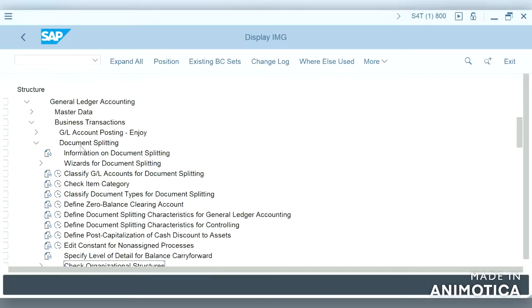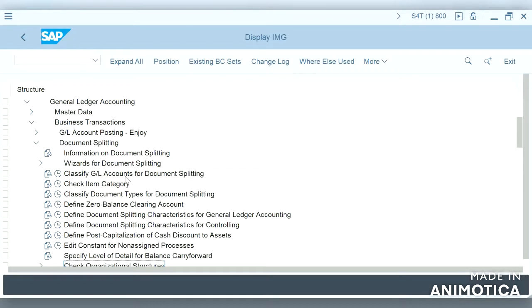In SAP, document splitting is a very powerful and commonly used functionality. With this functionality, the document can be split into line items based on the characteristics we define in the system.